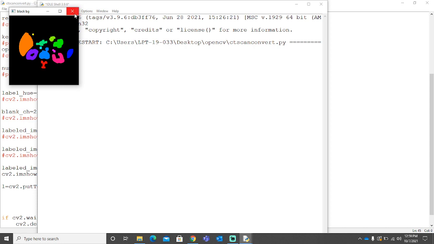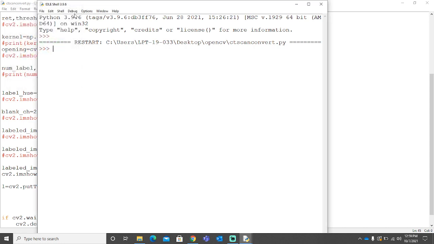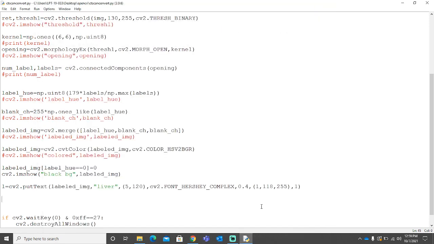Okay, I think I have made some sort of mistake. Okay, let's do another one and see what's that. Did I just use a black text on a black background? I'm not sure. Kidney, okay.